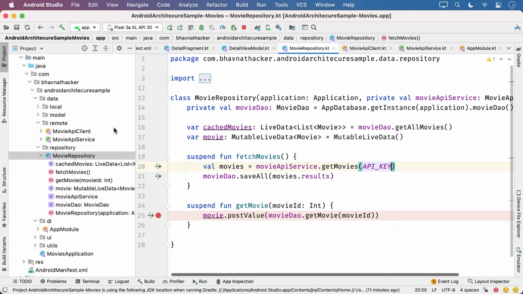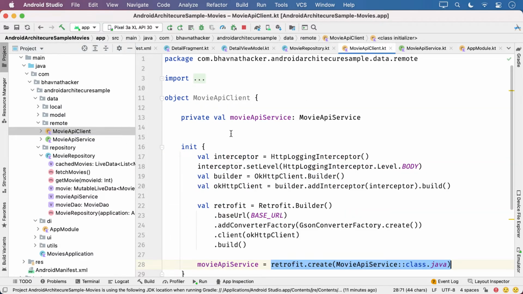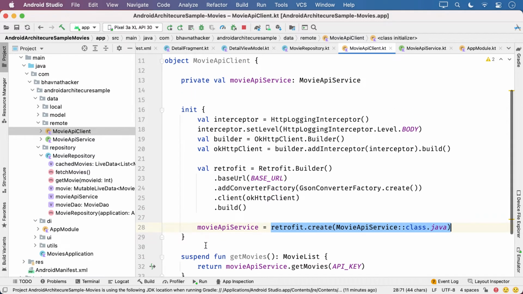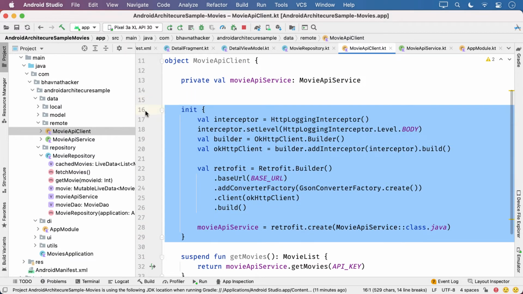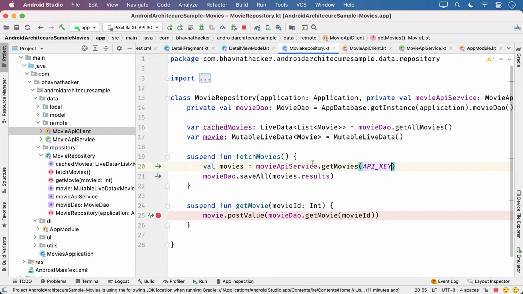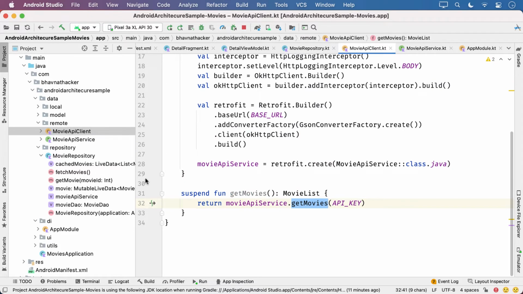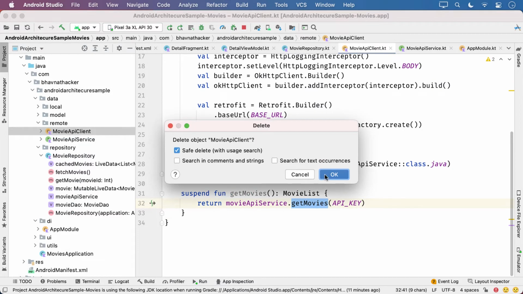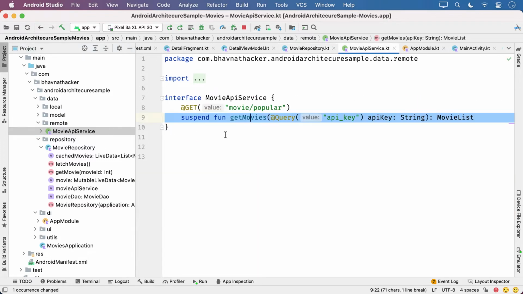So this entire class, all the dependencies you moved to AppModule, and the call that you are making, movieAPIService.getMovies, we are making it from the repository. So I'm going to get rid of this class itself, just delete it, MovieAPIClient, and now we are using movieAPIService.getMovies.